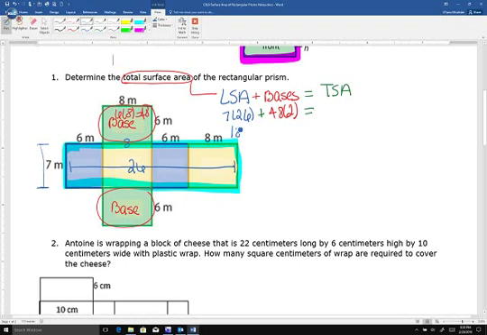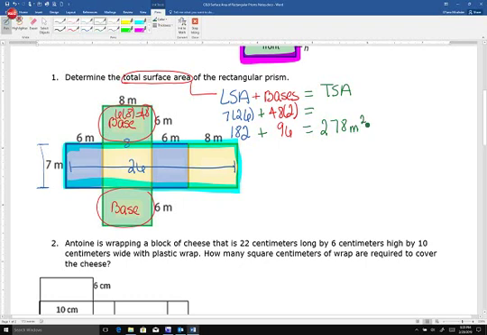You are correct. It is 182. Plus the area of the bases, which is 48 times 2. It is 96. And I combine these for the total surface area. Very good. It is